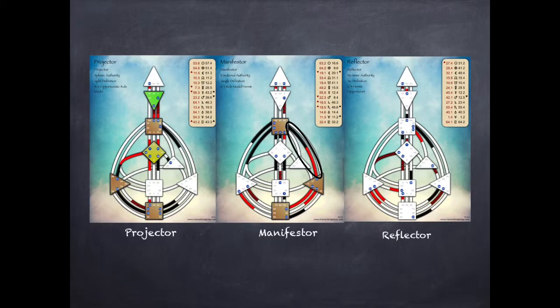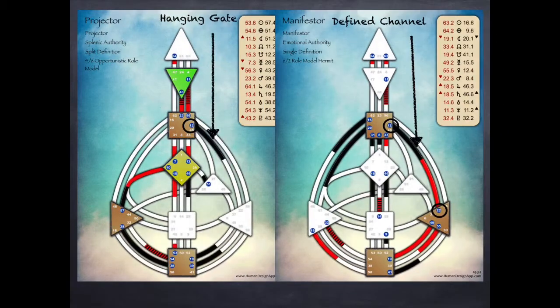Of the 5 human design types, only 2 have defined sacrals, yet they make up the biggest population of human design types. And the other 3, that make up just over 30%, all have open sacrals. As you can see from the diagram, a reflector has no centers defined, and for that reason, they're pretty easy to identify. But since both a manifestor and a projector have defined centers and undefined sacrals, their body graphs can look quite